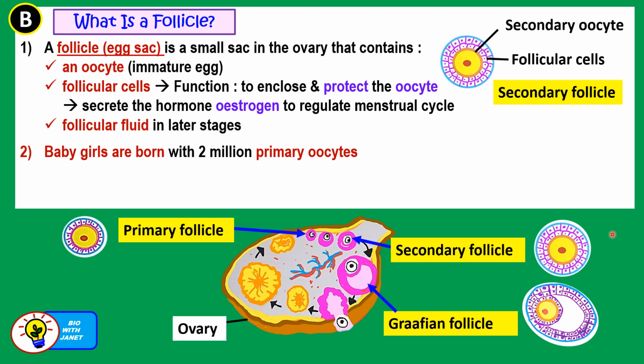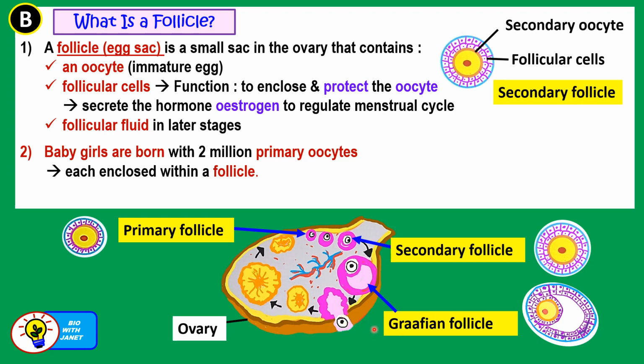So baby girls are born with 2 million primary oocytes that are each enclosed within a follicle. Primary oocytes are enclosed in a follicle known as the primary follicle. Secondary oocytes are enclosed in the follicle called the secondary follicle that is bigger. And lastly, the biggest follicle of all is the Graafian follicle that contains fluid. This Graafian follicle will burst at about the 14th day of the menstrual cycle and release the secondary oocyte